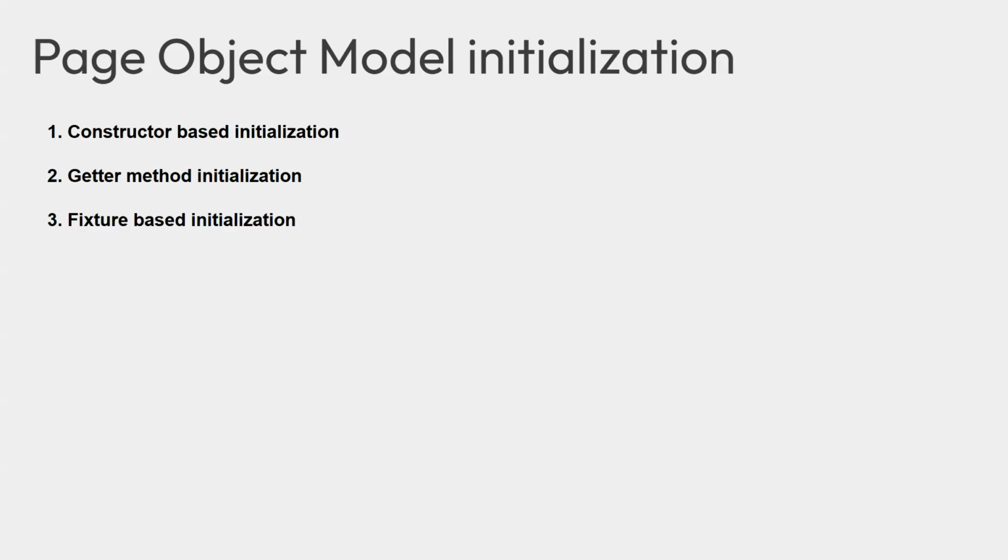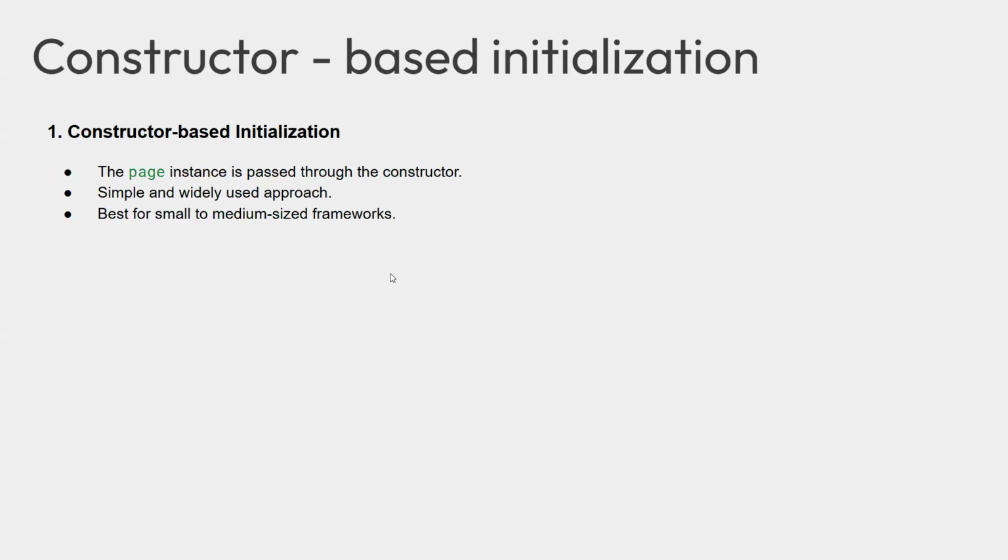So first and the very simple way to initialize, not widely used in production, but as a beginner, let's understand this method also. So what I'll do is in my class file, I'll use the constructor where I can initialize my locators. Now you know that constructor is the method which gets called automatically when the object of the class is created. So there are no chances that any of the locators will go uninitialized. Constructor will do your job. It is simple and very easy to implement for medium based frameworks. I'll talk about the limitations when we move to the other method, which is the getter method.